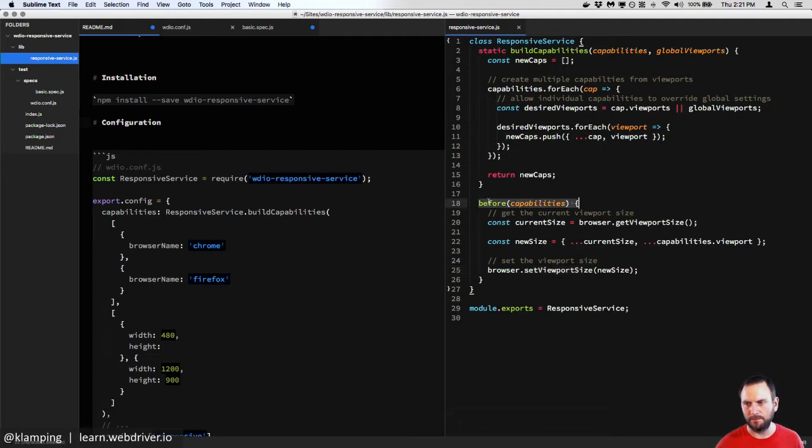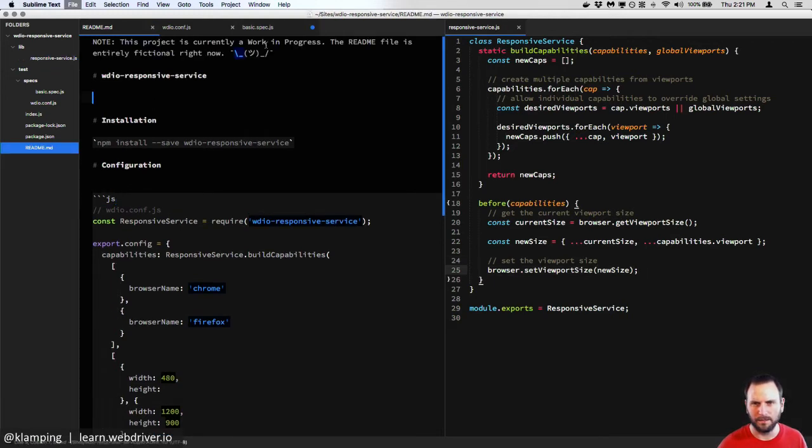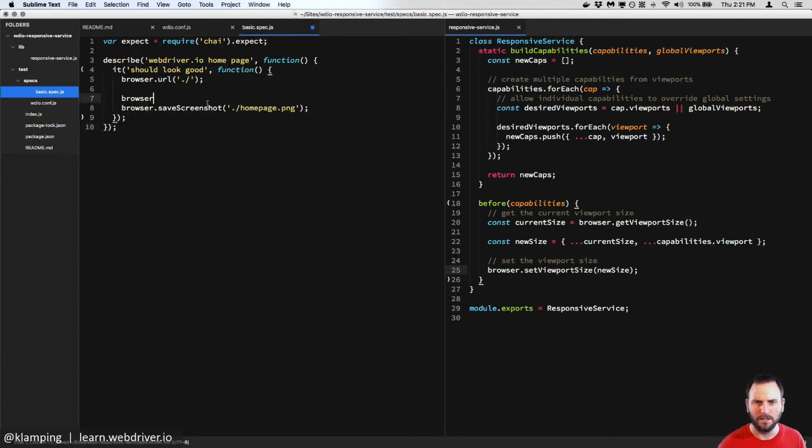It has this before hook. Right, yeah, so it doesn't know the font size yet. But we could probably add something in later on, but that's a bit extra work right now than what we're going to get into. Okay, so what I wanted to do was get the viewport size,